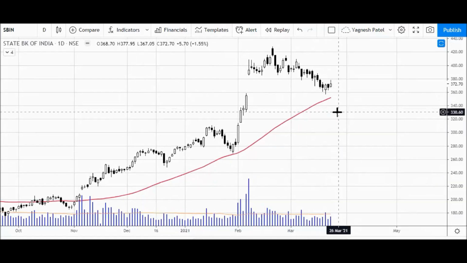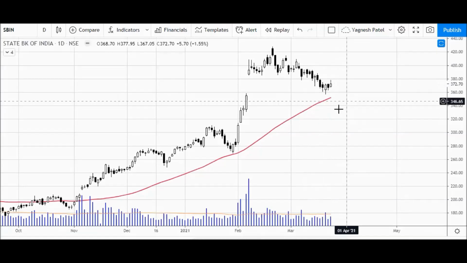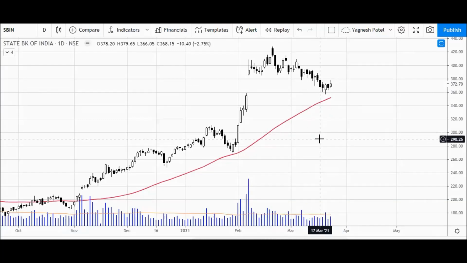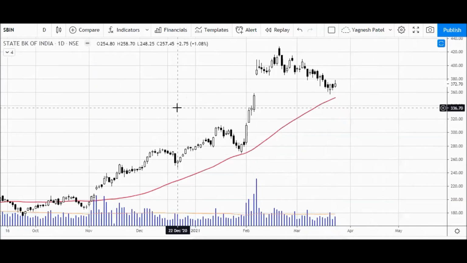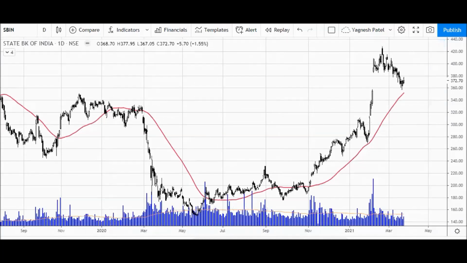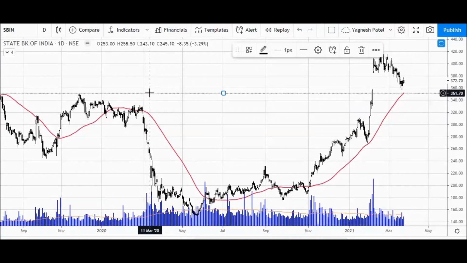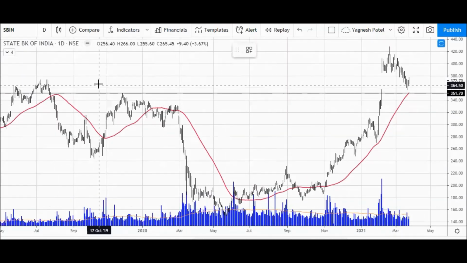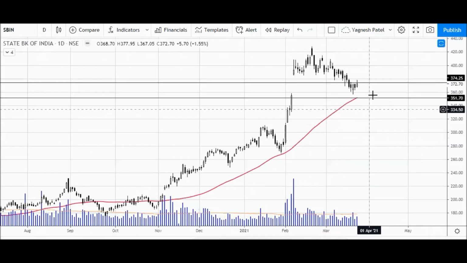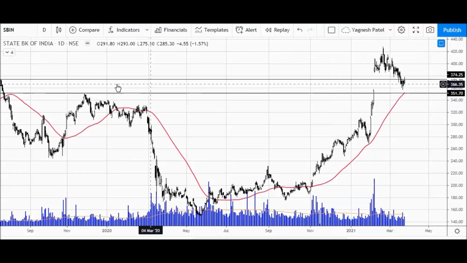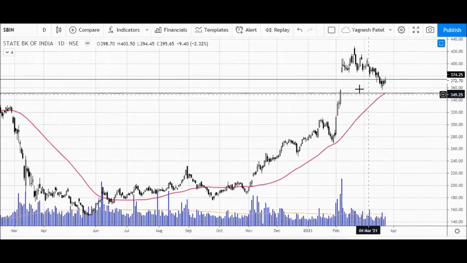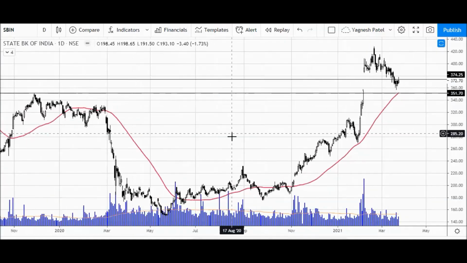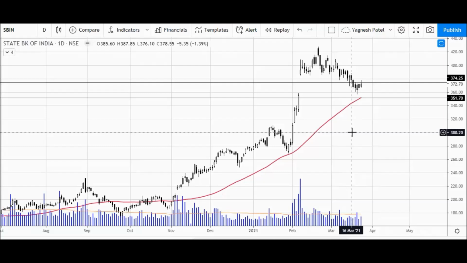The moving average slope is showing us a very good trend. Here is also support of the moving average combined with the gap area support. So two conjunctions are there. And if I look here, this is the area of breakout. The stock is now trying to take support near the area of the previous breakout. Also here is a swing breakout, and a swing breakout here along with a single gap. So this gap is already acting as a support, and the previous resistance is now acting as a support zone, the third confirmation of support.